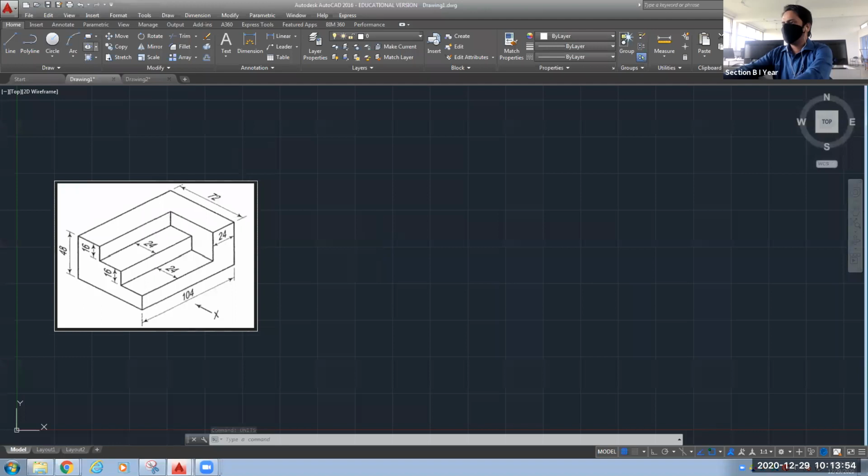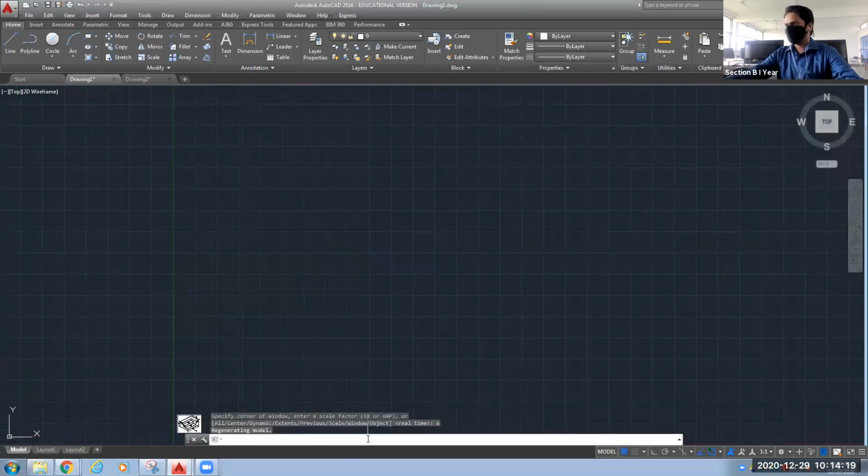Limits, if you want to create, you can create limits. The left corner will be 0,0, and the right corner we will make 297,210. Okay, so limits also we have defined. Now we will use the zoom command, Z enter, A enter.